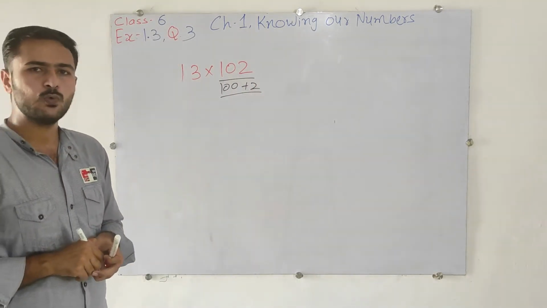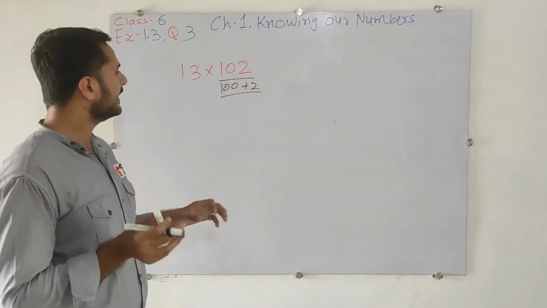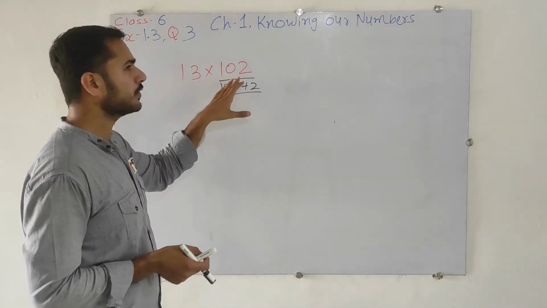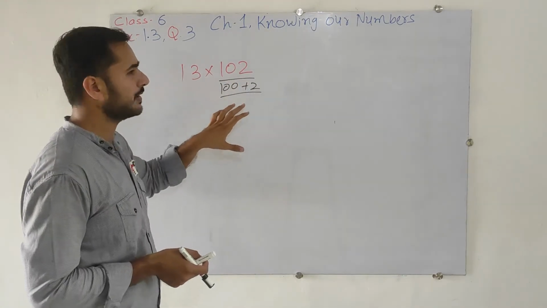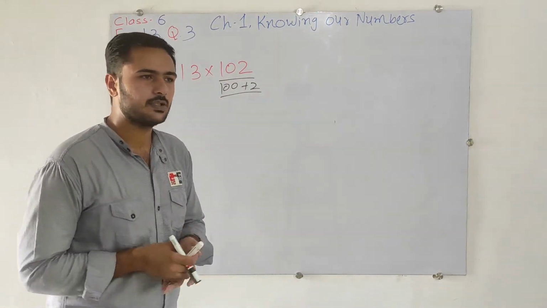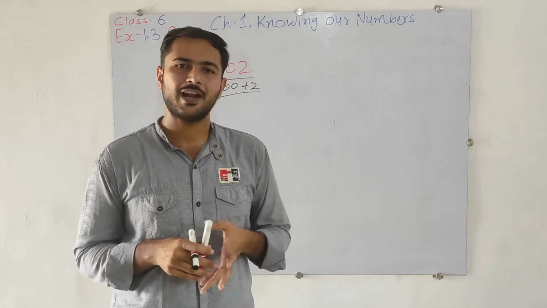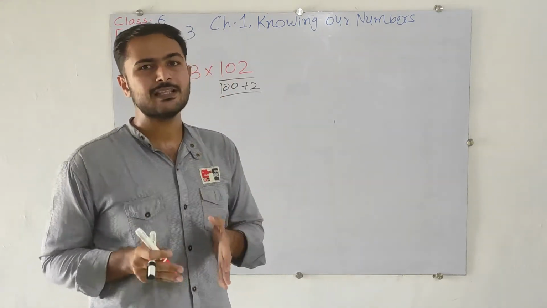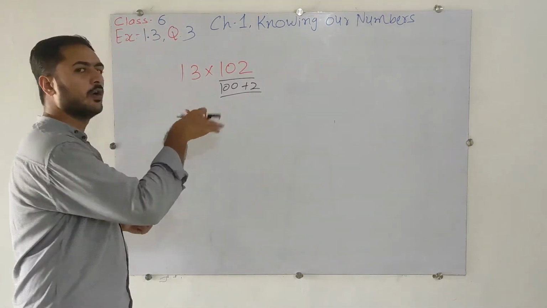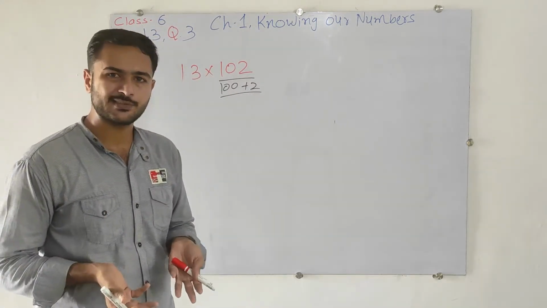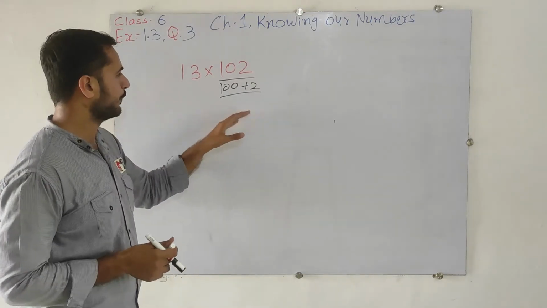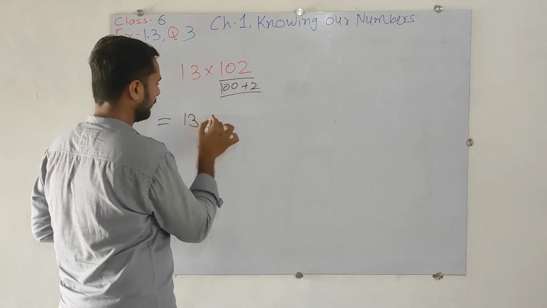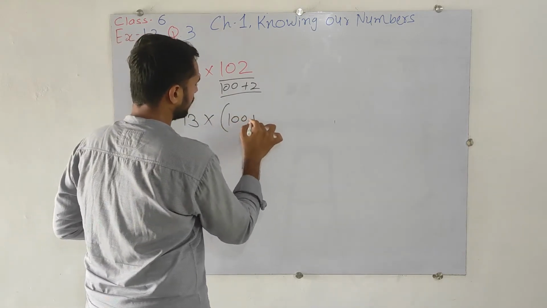So simply what we are going to do, we will just write the hundreds place or the tens place. Here is 102, so I will write 100 plus 2. But suppose I am having 155, so I will write 150 plus 5. So we will find the tens place and we will add or subtract whatever is necessary. Here that is 100 plus 2. Now in the next step, what will we do? 13 and the multiply sign as it is, and 100 plus 2 as it is.